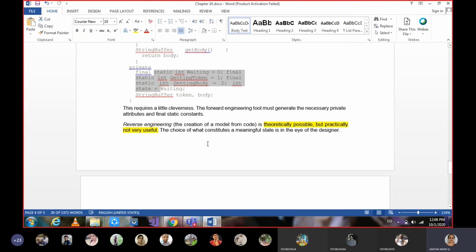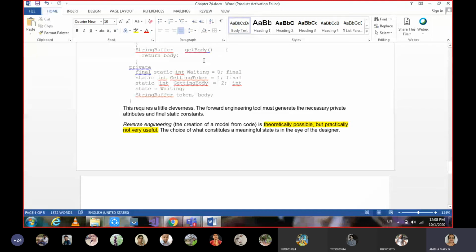But if you talk about reverse engineering, reverse is something where, from whatever code we have, we should be able to get back our model. Suppose the code we have seen till now exists; if we have to build the model from that, maybe you will get it only partially, or some outline.